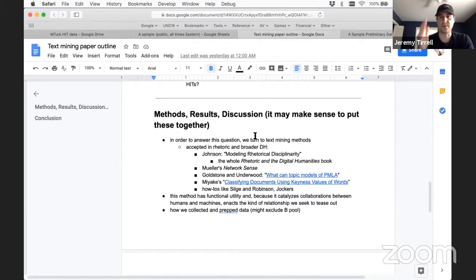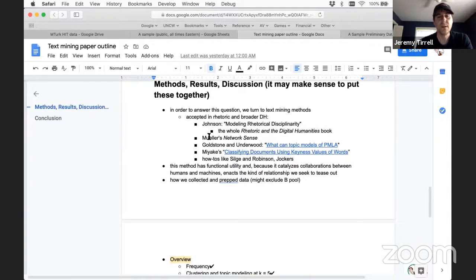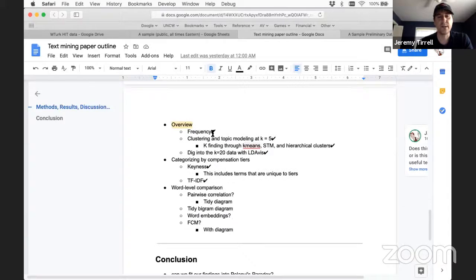It makes sense to structure them vertically. So here's how we looked at frequency, what we found, what we think that means. Here's how we looked at categorizing the work into tiers, here's how we did that, what we found and what we think that means, and now we have some results about that. And then lastly, here's how we looked at individual terms which popped out of the previous examinations, and here's what we found there. That's the gist. So we've already gone through the overview, looking at frequency data, clustering and topic modeling,